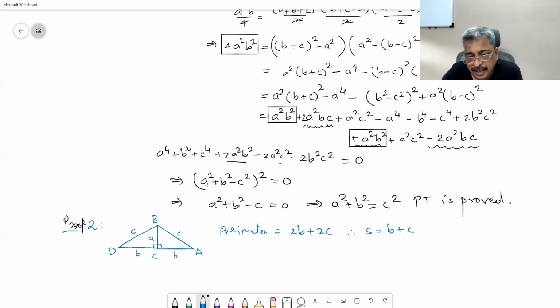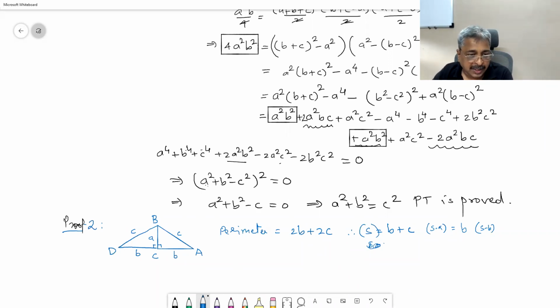What is S minus A? Okay, now S minus A, I should not say A. S minus one of the three sides. Say S minus AB. So S minus AB is B plus C. How should we write? S is this. Then this is the first bracket of Heron's. The second bracket of Heron's is S minus A, which in our case is going to be B plus C minus C, so B. Third bracket, S minus B in Heron's formula.